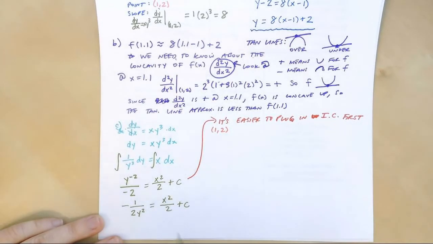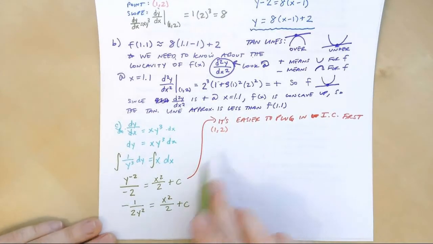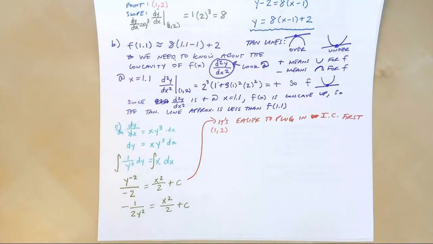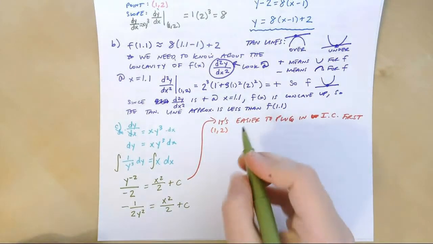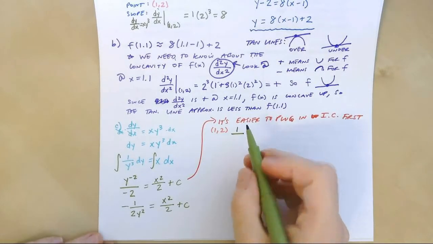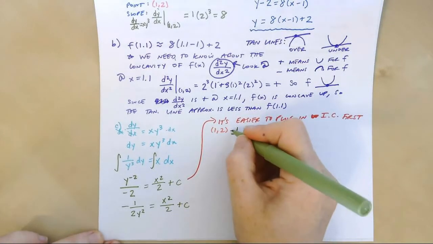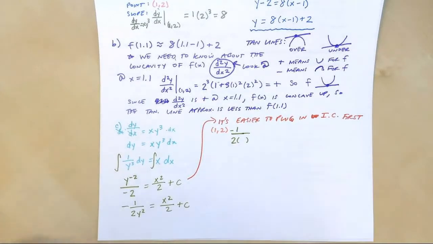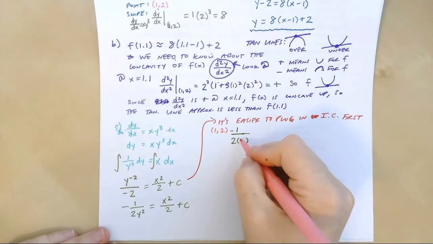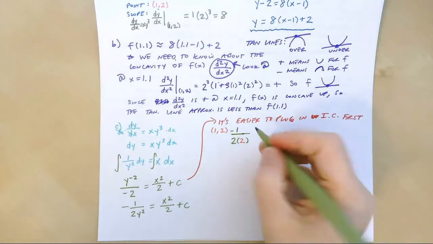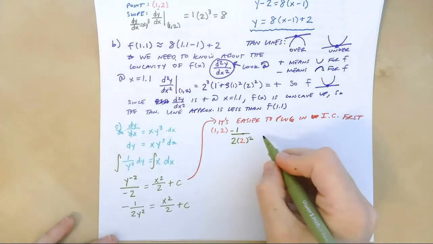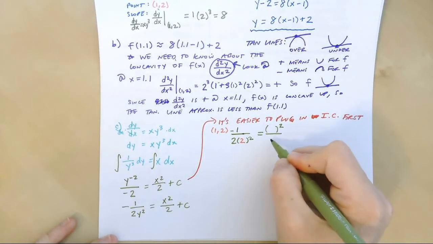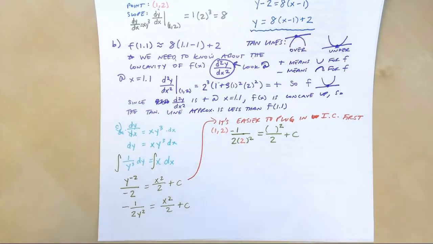Okay, so now I'm going to plug in my initial condition. I just didn't want to plug in with a negative exponent. Okay, here we go. We have 1 over, negative 1 over 2, and then instead of y, we're going to plug in 2, and then we have squared, equals, and instead of x, we're going to plug in 1. So let me put in that 1